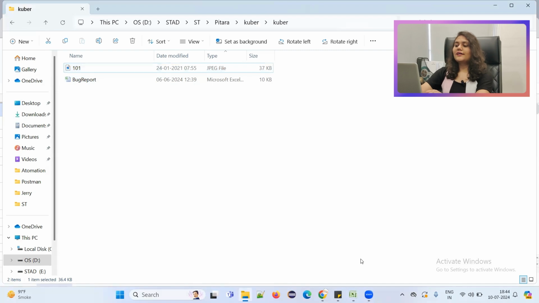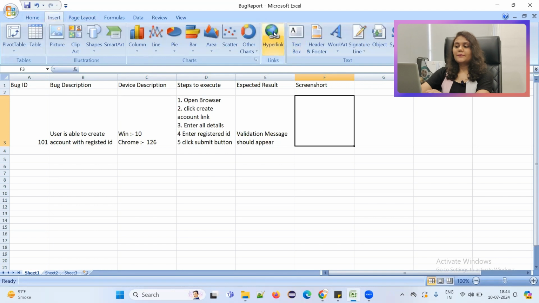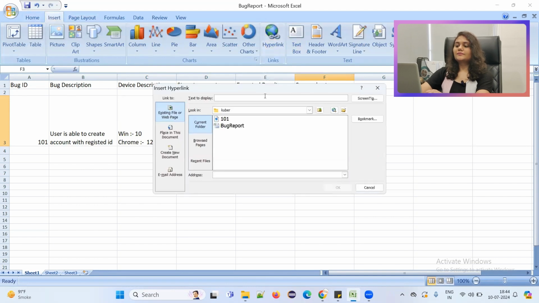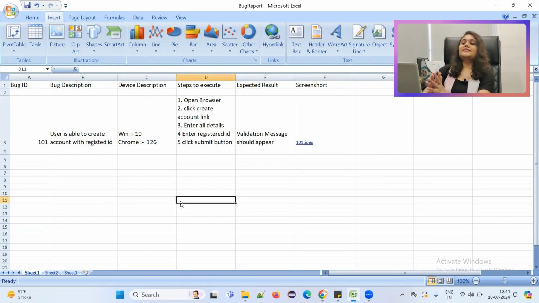Now go to the Excel file, insert hyperlink, select 101 and OK. See, the image is attached in the form of a link. In this manner, you have to attach your screenshots. Suppose you have more than one screenshot, then attach them in different columns. So this is how you have to create the bug report.